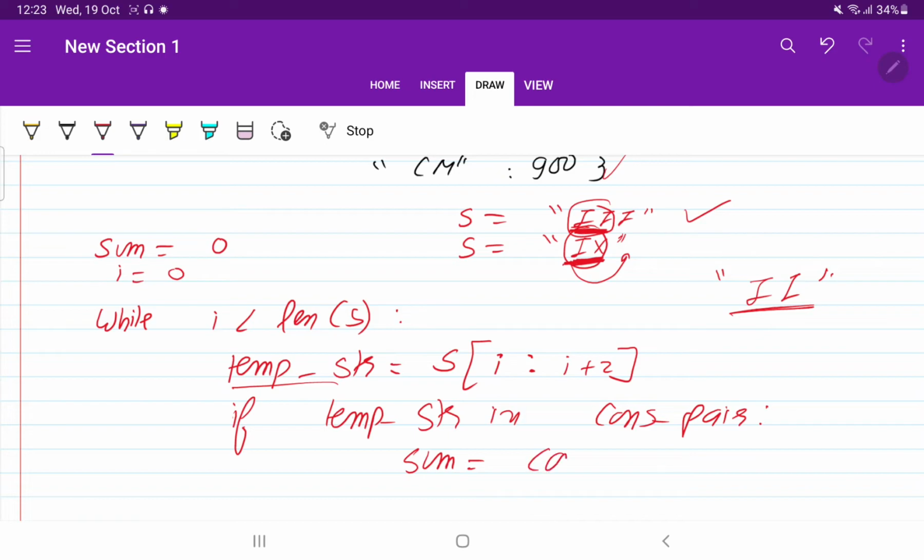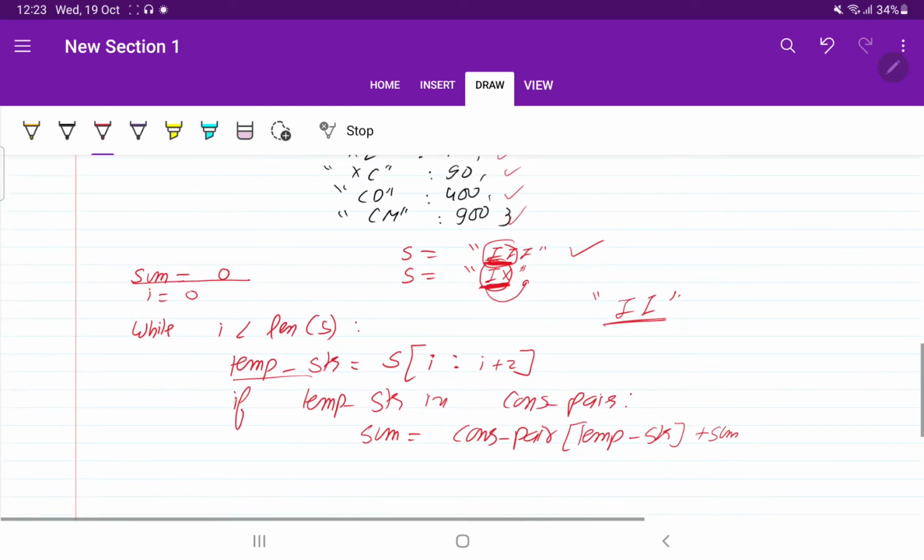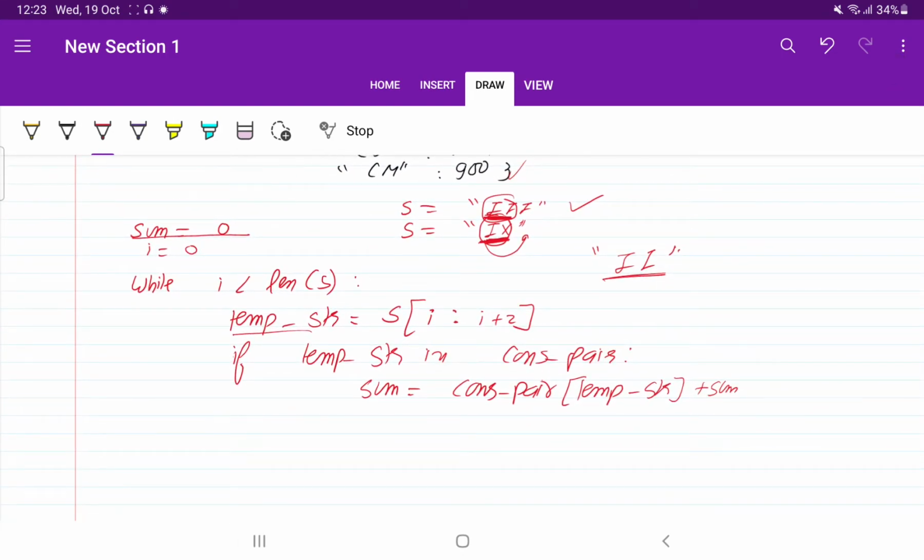So sum will be equal to sum plus the value of that temporary string from the consecutive pair dictionary. Initially it was 0, so we are going to manage it like this. And once it is done, i will be i plus 2.